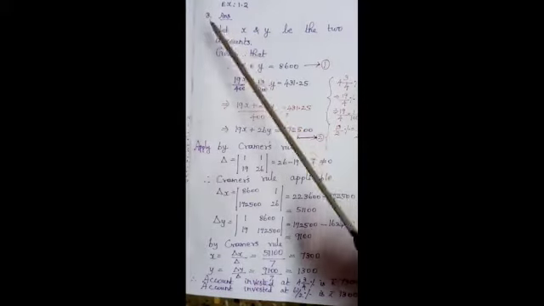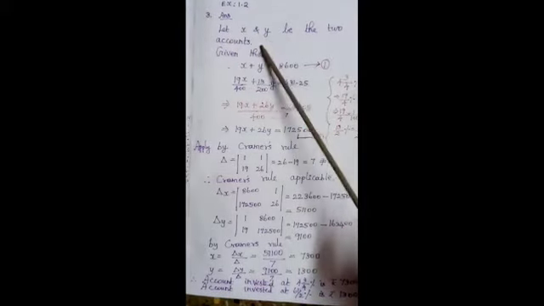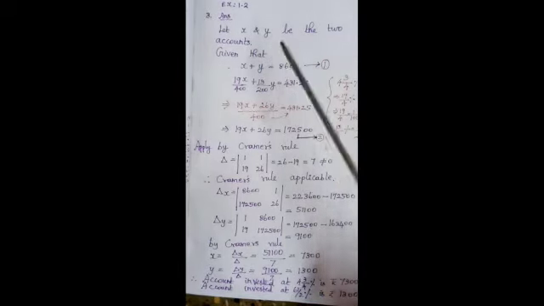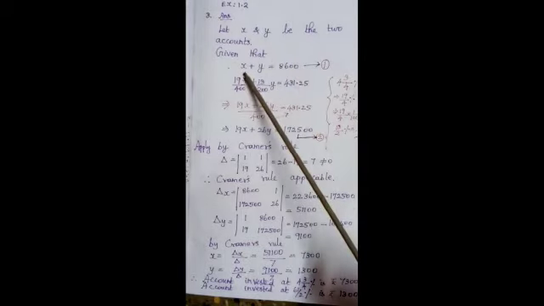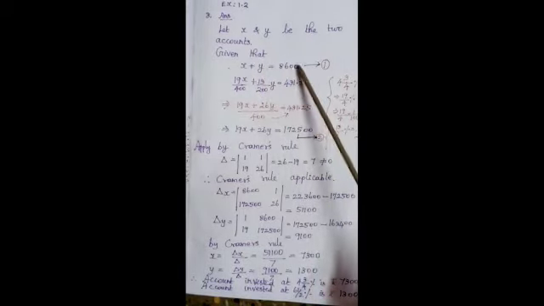Solution. Problem 3. Consider x and y to be the two accounts. Given that the sum of the two accounts is equal to 8,600. So x plus y equal to 8600. Consider this as equation 1. And the next equation,